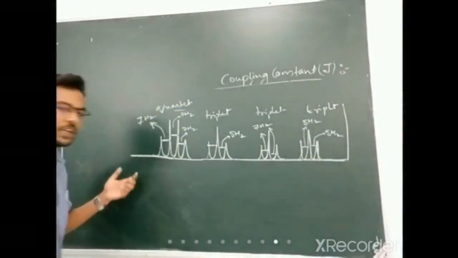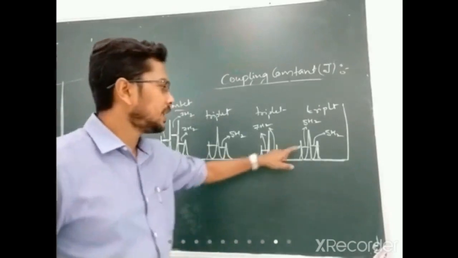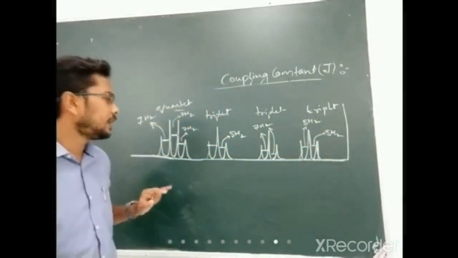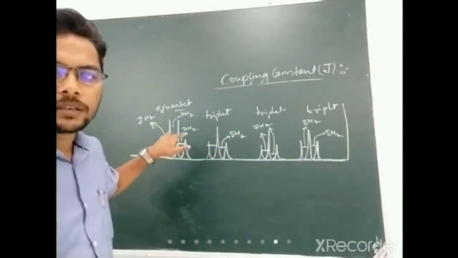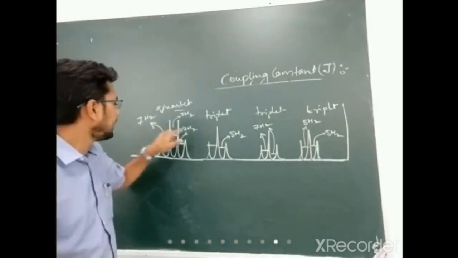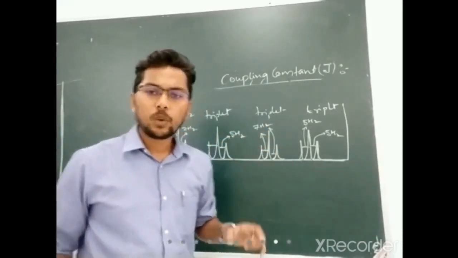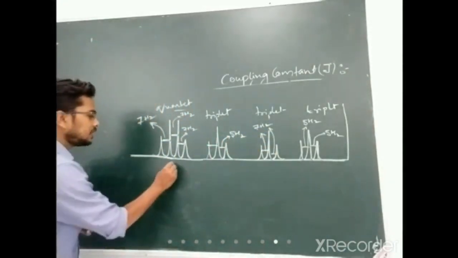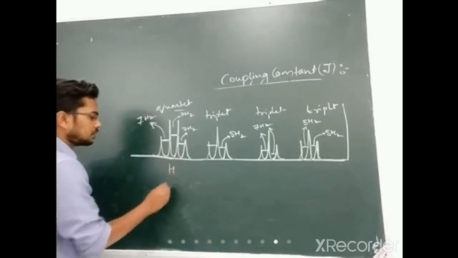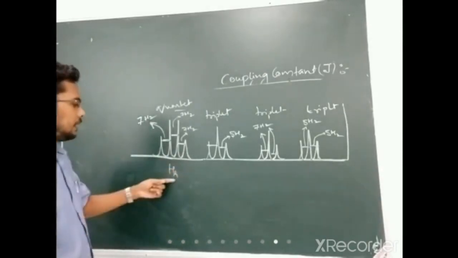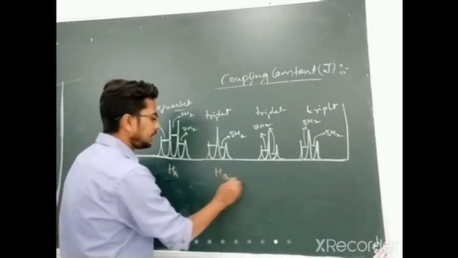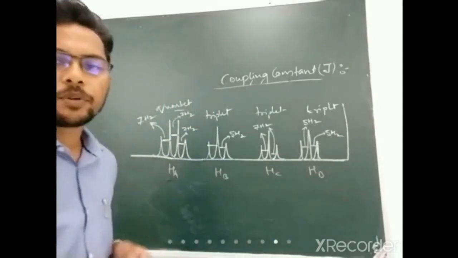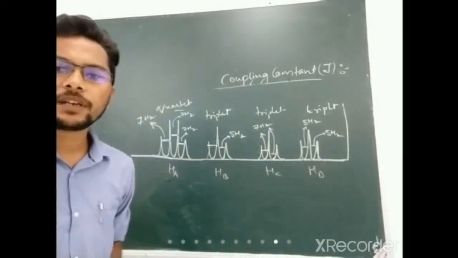So till now, what information from the spectra are we getting? We are getting the type of peak, triplet, triplet, triplet, and quartet, and we are getting the coupling constant value, that is 7, 5, 7, 5. So what can we correlate from this coupling constant? Suppose we have protons A, B, C, and D. That means we have 4 different types of protons, and that's why we are getting 4 different signals.